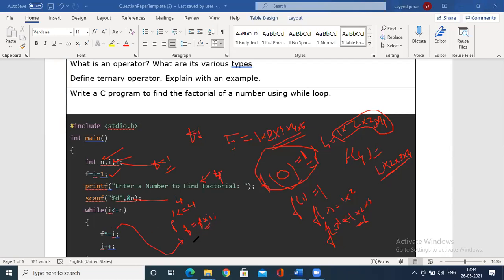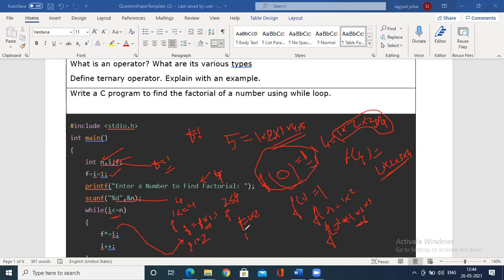Then what you do is increment it. What is the new value of f? The f value will be 1 into 1, which is 1. So that is the first iteration of the while loop. Again the while loop, until the condition fails. What is the incremental value? i plus plus, i is incremented. Now i equals 2, and 2 is less than or equal to 4. So calculate f equals the previous value of f, which was 1, into 2, the new calculated value.